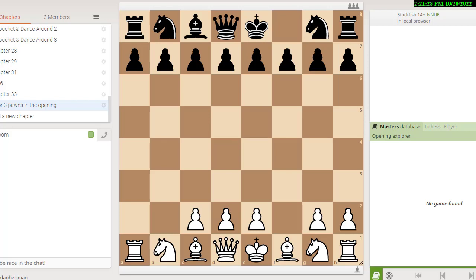I said normally white has about a 2/10 of a pawn advantage in an opening. I said let's let black have his pick of which pieces you want to get rid of, the ones that'll be the most advantageous to black. So I said to him, what would you like to take off the board? And he said, I'll take the black king bishop off the board. And I said, which 3 white pawns would you like to take off the board? You could take any ones you want.